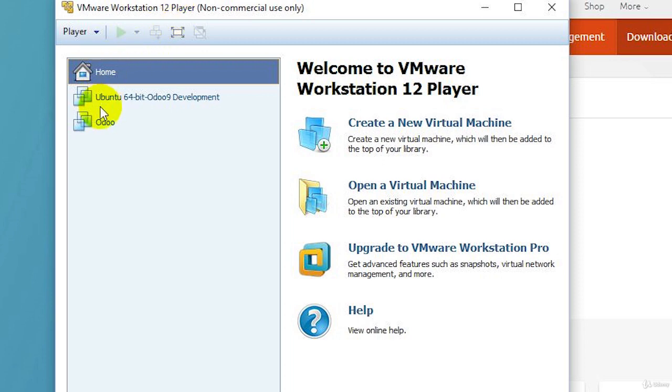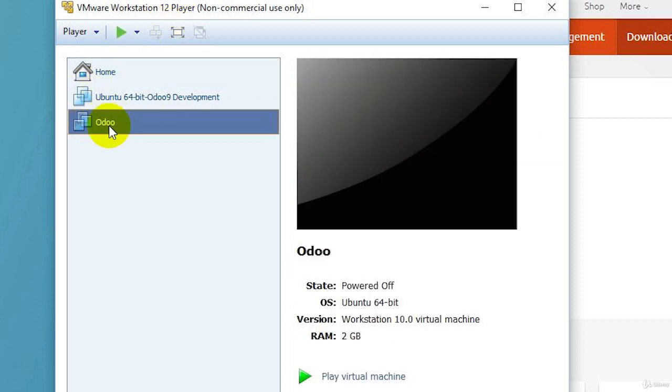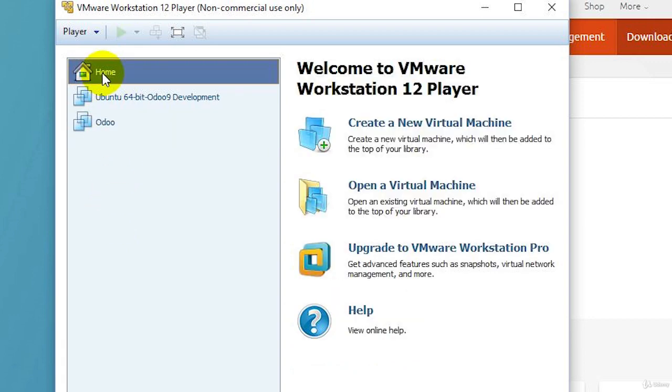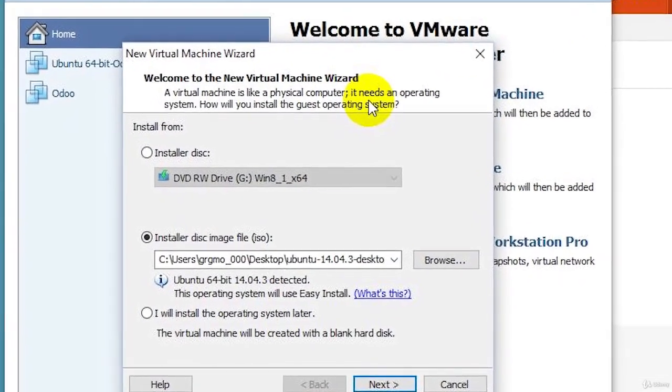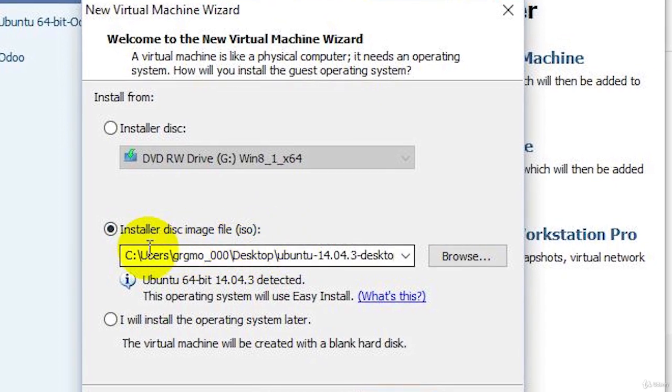And you'll notice I've already got servers on mine. I've got 2 of them already here. So we're going to create a new one, and you're going to create your first in your installation of VMware Player. If I click back on the home here, you'll notice that at the very top we have create a new virtual machine. So go ahead and click create a new virtual machine,